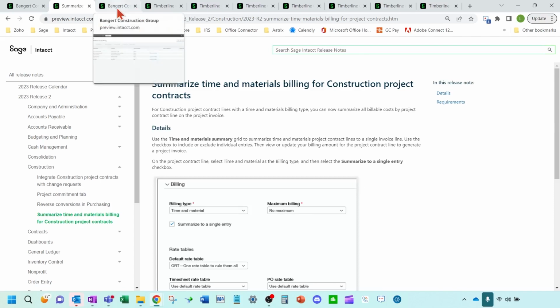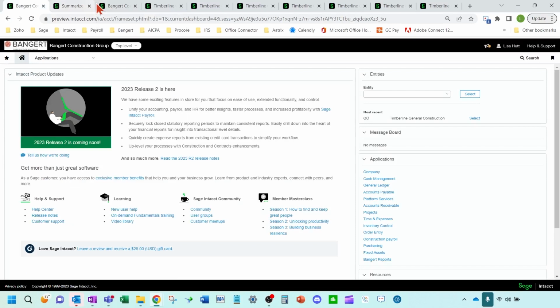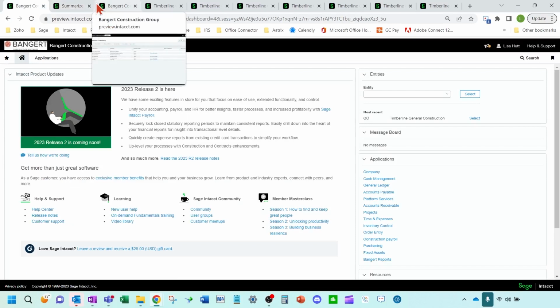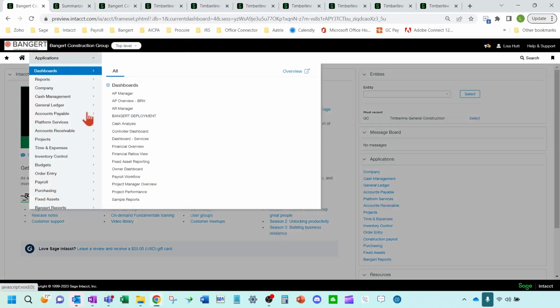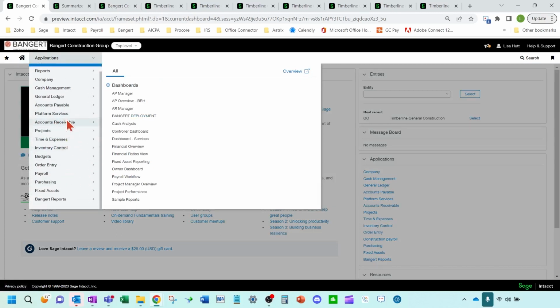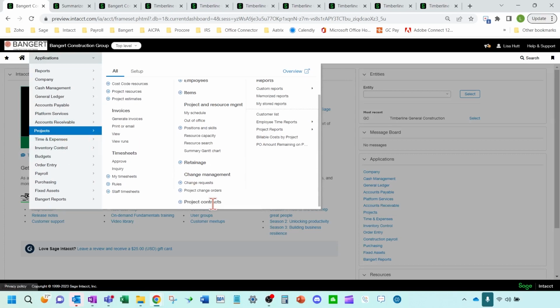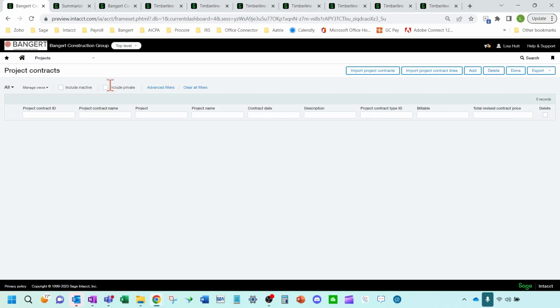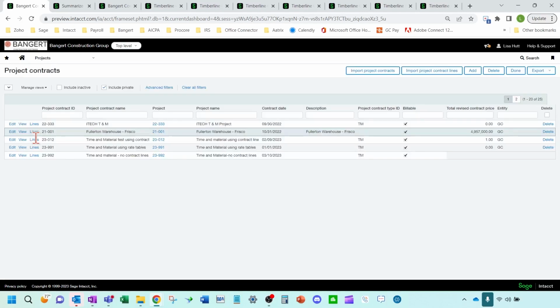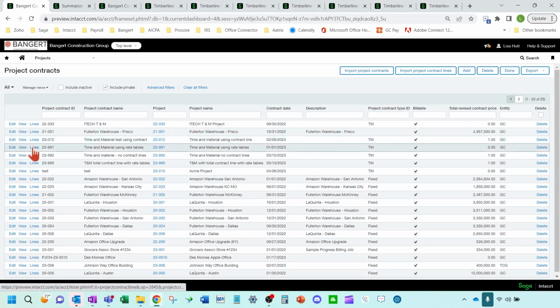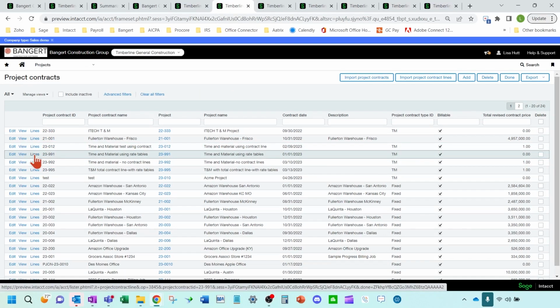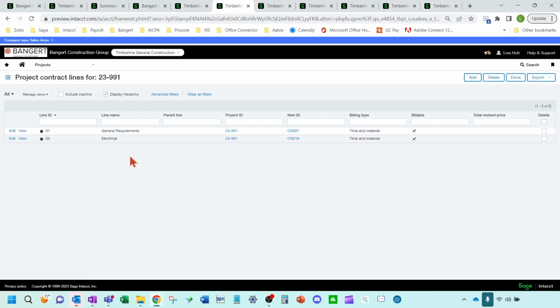We're going to come over here to the actual project contract. I'm going to come into this one right here. We're going to come into the lines on that contract.